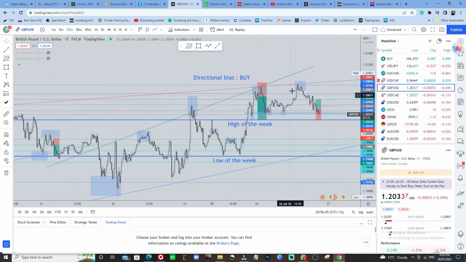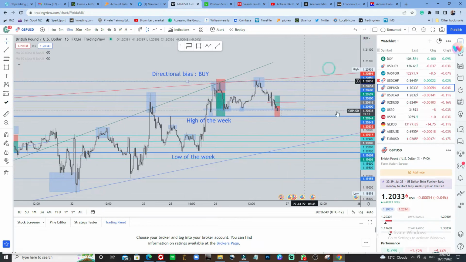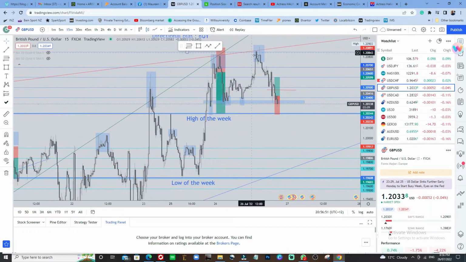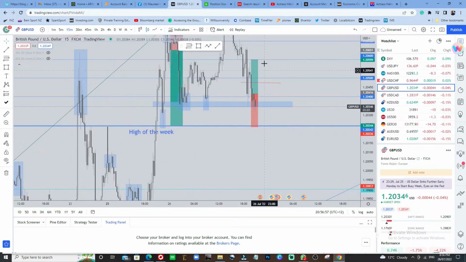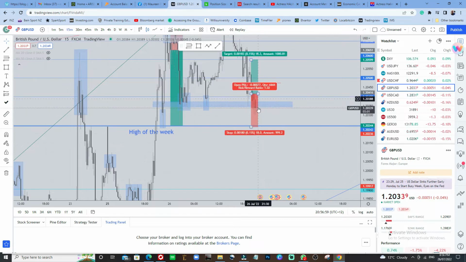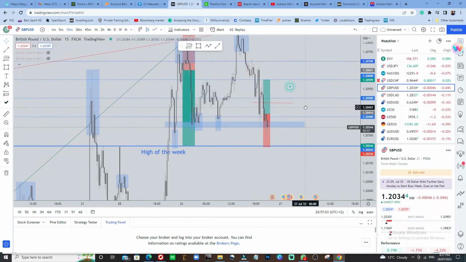And I waited for the market to play out again. It touched here again later, Tuesday, and just pushed to the downside. Now I took a trade around here. I'm expecting the market to pull back. I'm trading the pullback of this, so you can see what we have here.